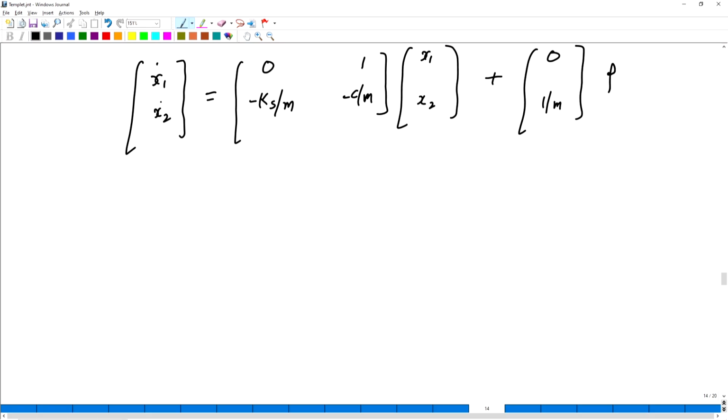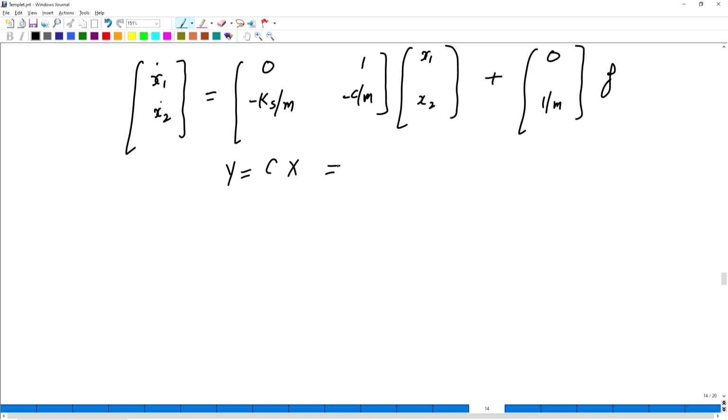If you see this matrix form carefully, these are the same equations. X1 dot equals 0 into X1 plus 1 into X2 plus 0 into F, nothing but X1 dot equals X2. Similarly, X2 dot equals minus Ks by M into X1 minus C by M into X2 plus F by M, and Y equals Cx.